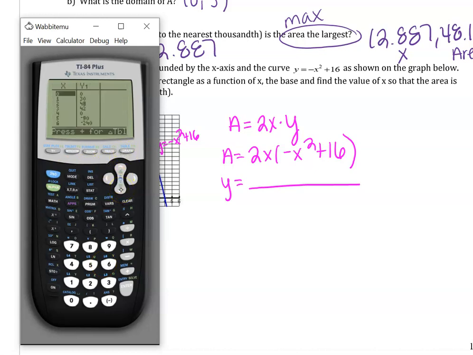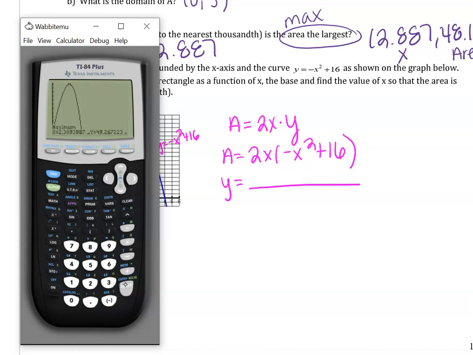Okay, so I'm looking at my maximum area. It looks like I'm getting up to about 48 again. So maybe I'll change my y max to 50. I'll also change these to 0. Okay, it looks like I just made it. So again, this function is representing the possible area of that box, that rectangle that's underneath that parabola, under those certain constraints. I'll do second trace, option 4, to the right of it, to the left of it, pinch in, and I'm getting